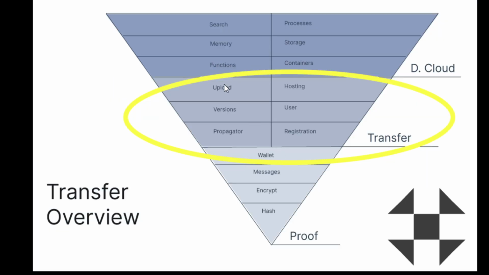So in the transfer layer, we have the ability to upload files and actually web apps, to host websites, to manage users, to manage versions of files, to propagate information through the network according to a policy, and to actually register your own computer as a service provider or update your registration of foreign service providers. So you can actually publish endpoints into the Decelium network, and anywhere in the world someone can pull down that